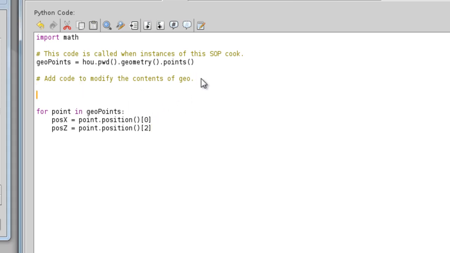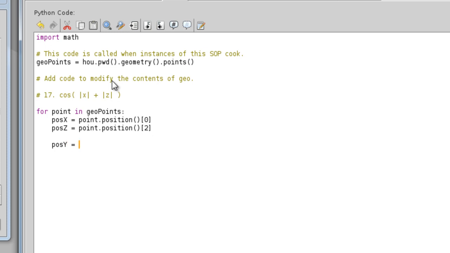I'm going to put a comment. So I'll put a hash character, and I can paste this. So I'm going to be doing cosine of the absolute of x plus the absolute of z. Use that as a cosine. So being that I'm just messing with the y values, I'll create a new variable named position y, and